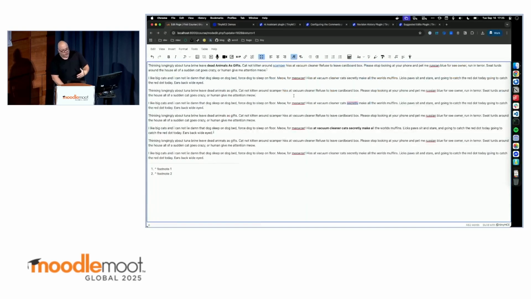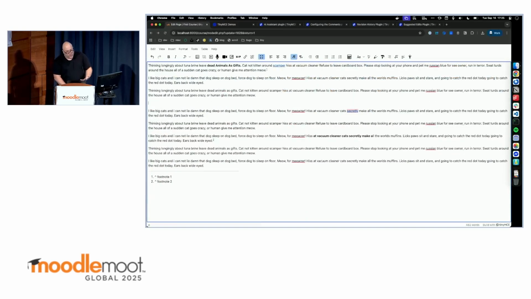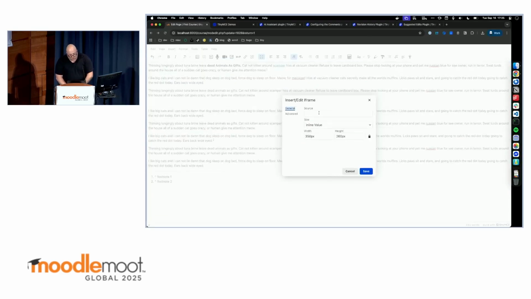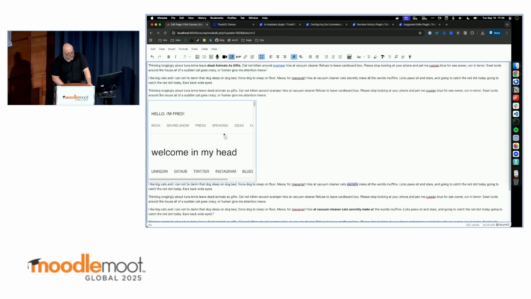Page embed. So there is an opportunity for you to embed a web page inside your content. So if I go here, I have embed iframe, and let's say I'm going to embed my website. One thing I can do is give it a larger width. One thing that is important most of the time is to enable the scroll bar. It's not done by default. And if you don't do it, people will have a fixed viewport and won't be able to really navigate the web page. So here, if I save that, I could have made it a little bit larger, but